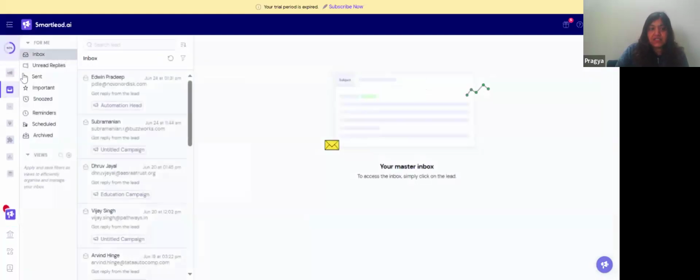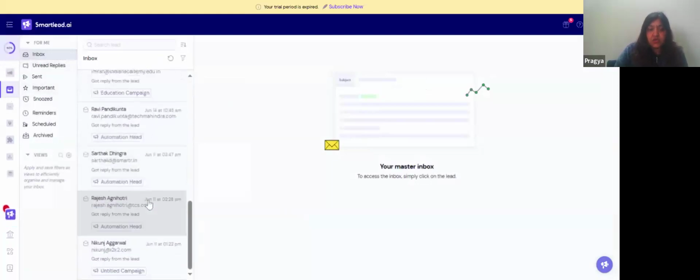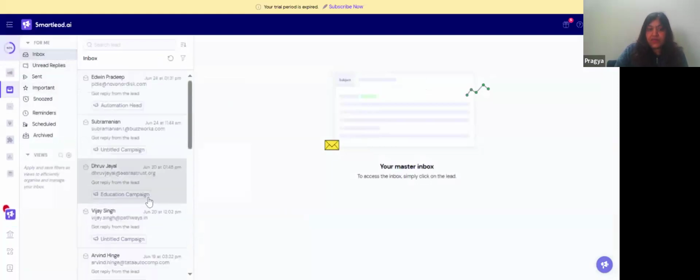So here is actually a gist of this, the master inbox, where all the emails that are coming to you are actually going into it. So what you can do is you can even further automate it. When you're setting the campaign, you can automate it so that it goes to your main domain email ID as well, because this is actually a lead for you.